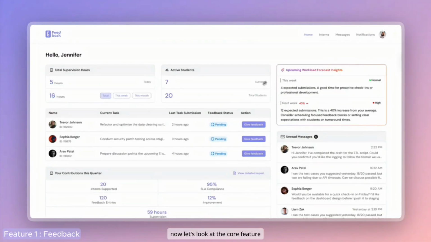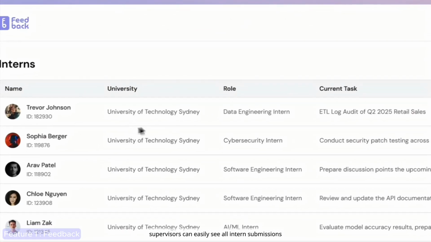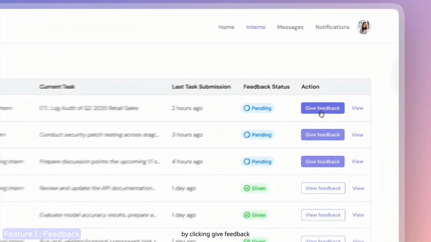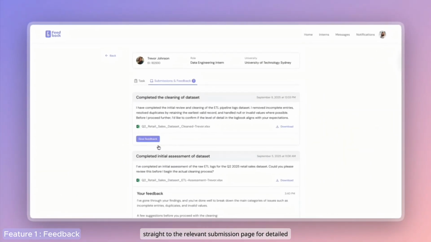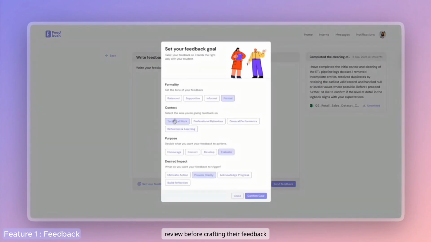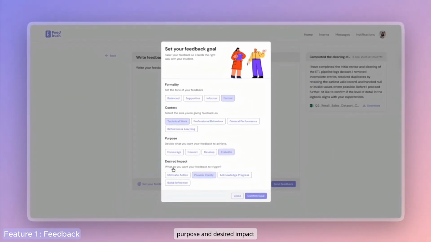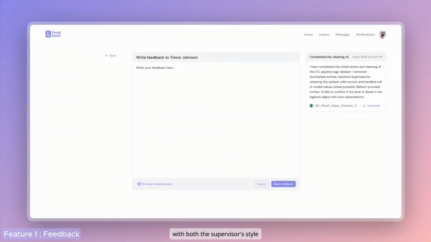Now let's look at the core feature, giving feedback. On the interns page, supervisors can easily see all intern submissions, with pending feedback clearly highlighted. By clicking Give Feedback, they are directed straight to the relevant submission page for detailed review. Before crafting their feedback, supervisors specify a feedback goal, including the tone, context, purpose, and desired impact. This step guides the AI to generate suggestions that align with both the supervisor's style and the intern's needs, making